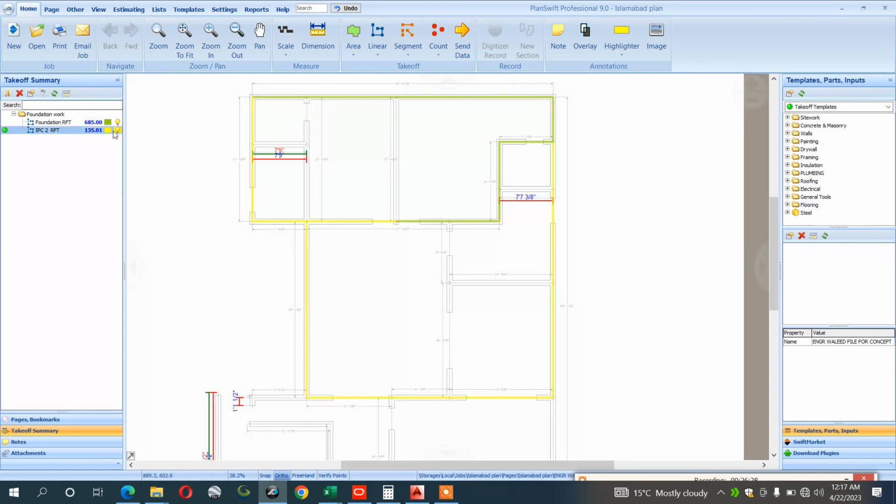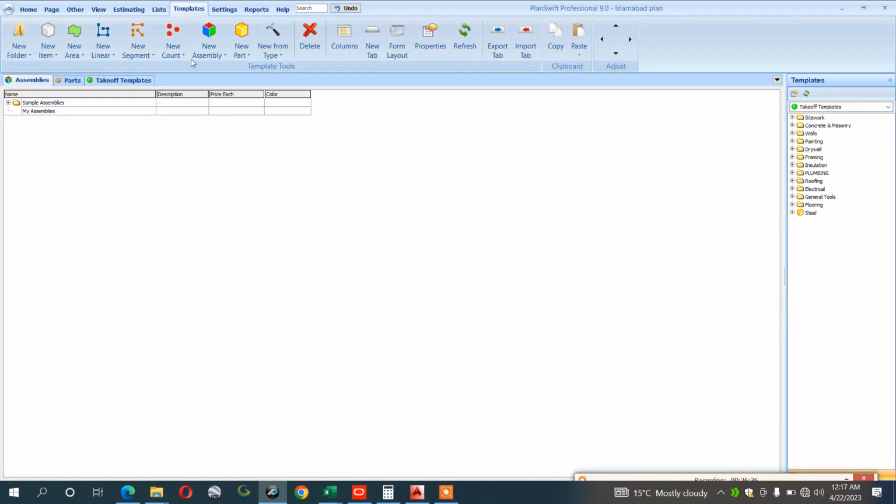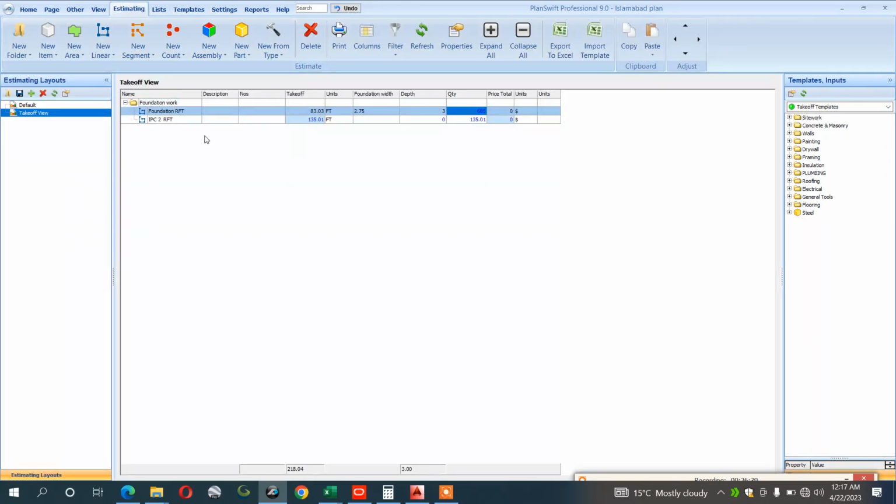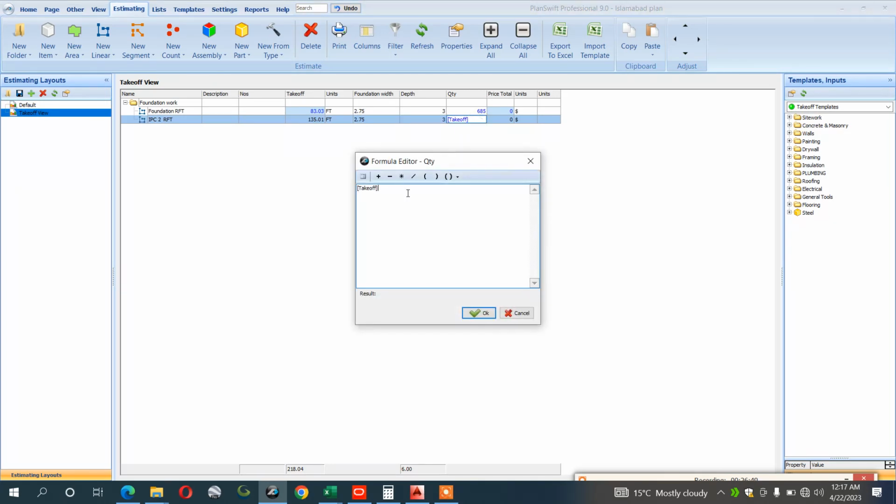Okay, so 135 here, 685 plus 135. Okay, so you should go to the estimating. The template we will discuss later, we can create the template over here. I will go to the estimating tab here, and at this time the same 2.75 same, and the 3 is same. It's up to you, either you want to make the formula over it, like multiply